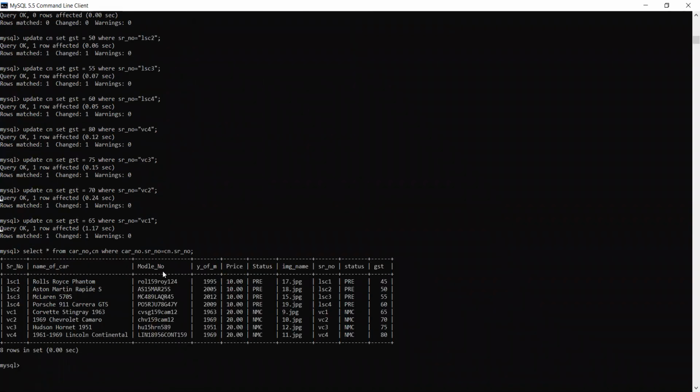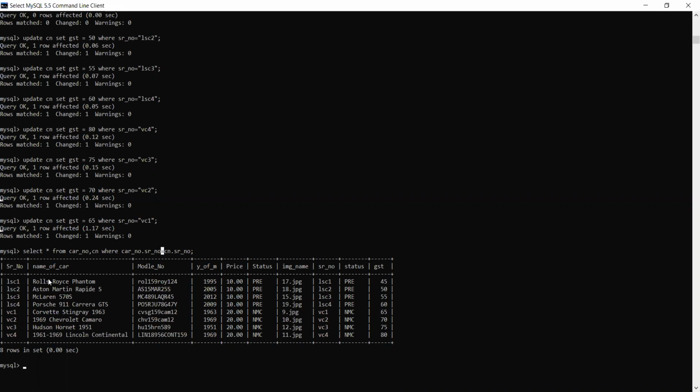Now see, this is what you have to understand over here. First of all, this is the example of equijoin. Equijoin means when we are using equality operator for joining two tables, then it is called as equijoin. And if we are going to use any other operator, for example, greater than, less than, so in that particular case, it will be called as non-equijoin.